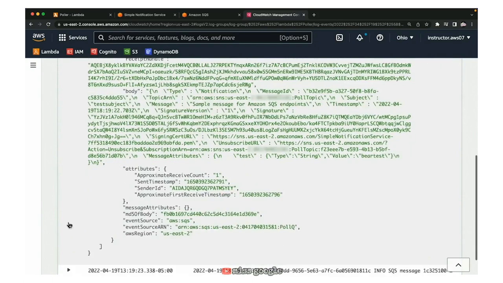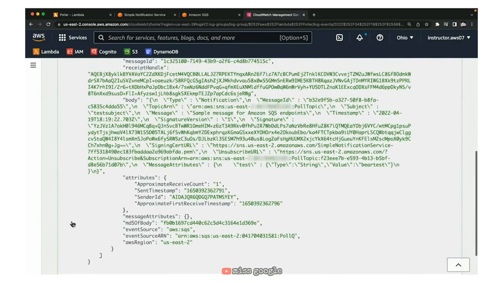And there's the output passed in. And if I look for the test bear test, there is the extra parameter I passed in there, and the sample message that was in the various platform formats. So now we have a whole process that we can send messages, add things to the queue, call a Lambda